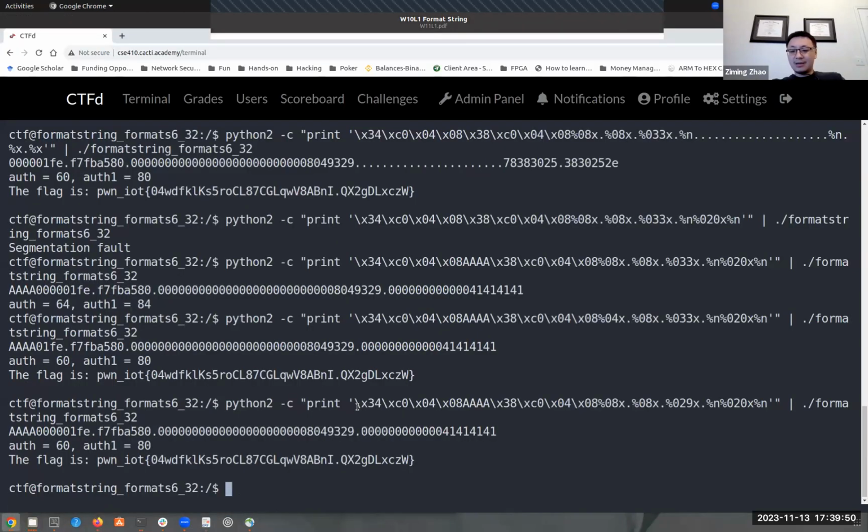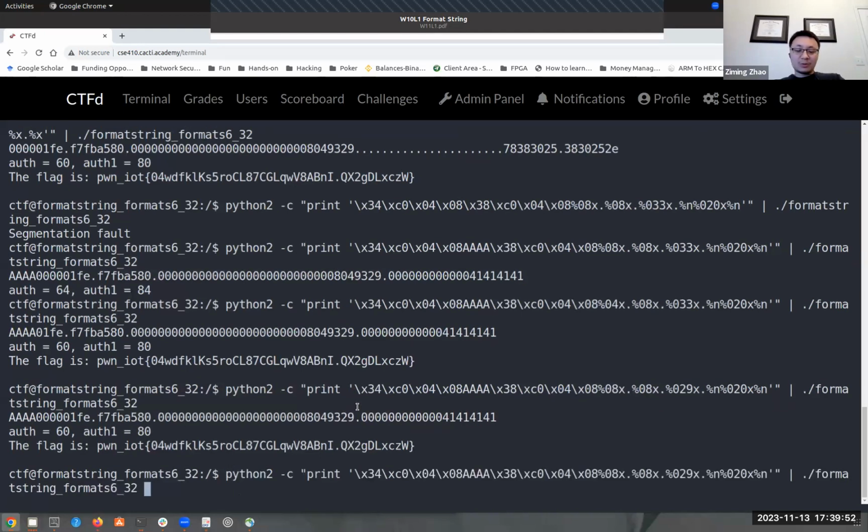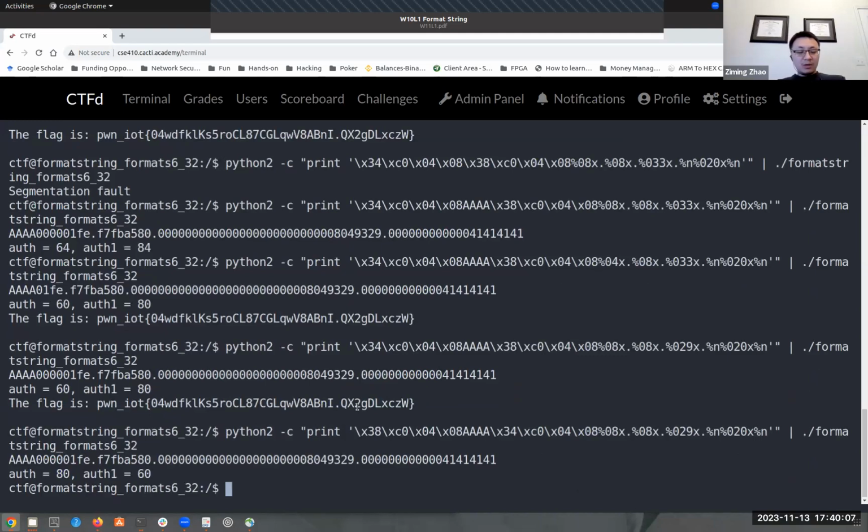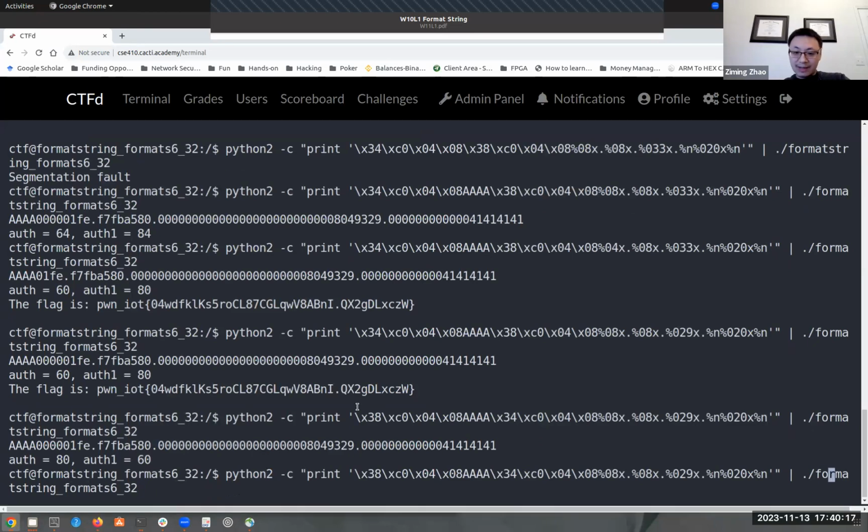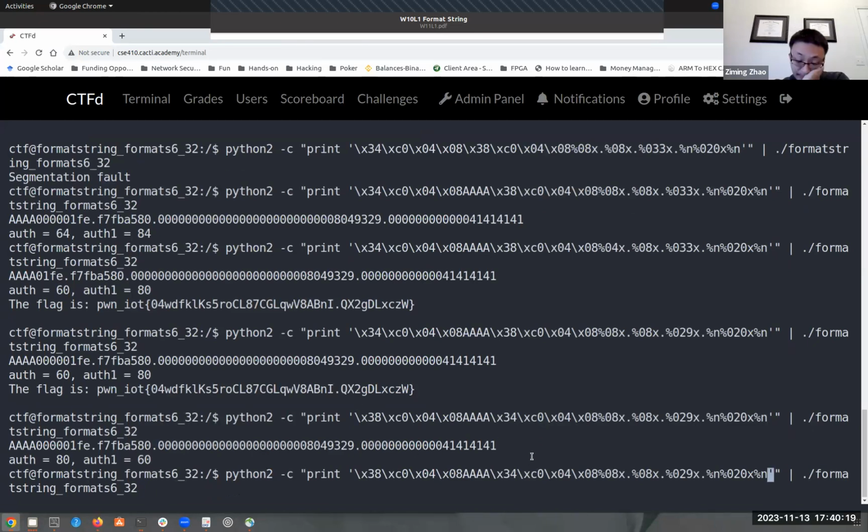So next, let's say, how do we overwrite OS 1 first? Which means the first address should be OS 1's address, 38. Then we have 34. Okay, then we do this. Okay, now OS has the value 80. OS 1 has 60. That's not what we want. We want OS to have 60, so which means